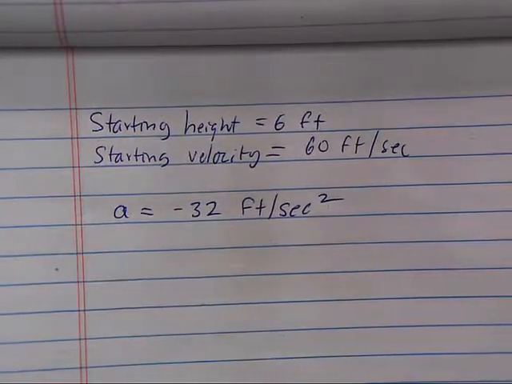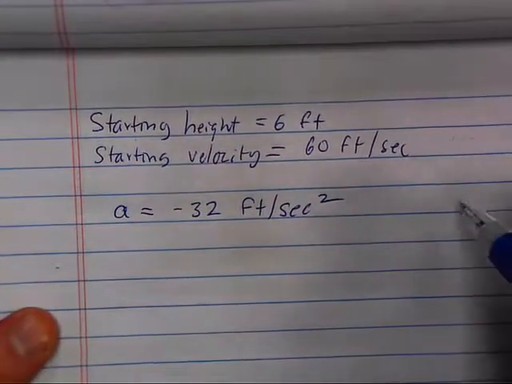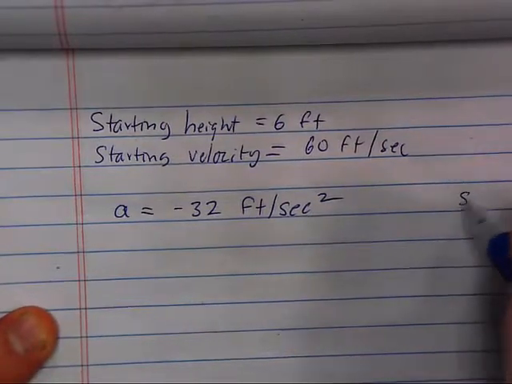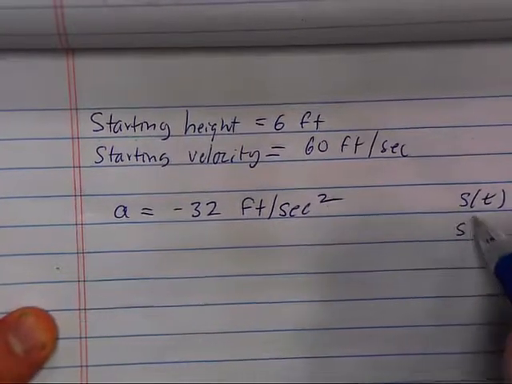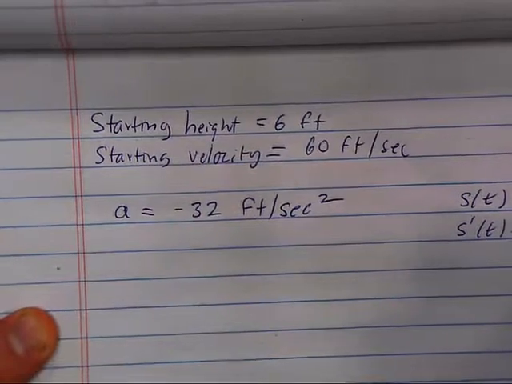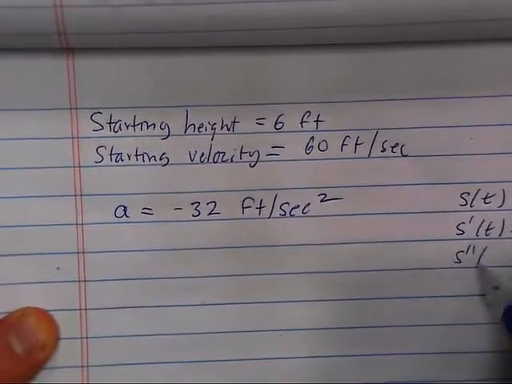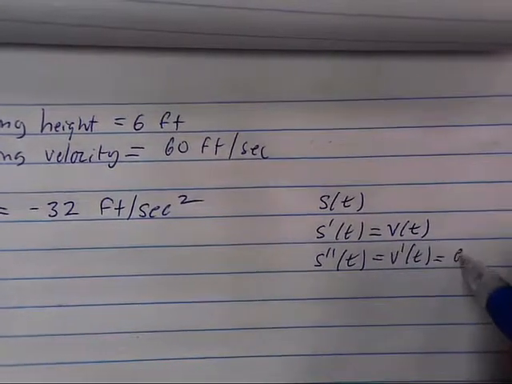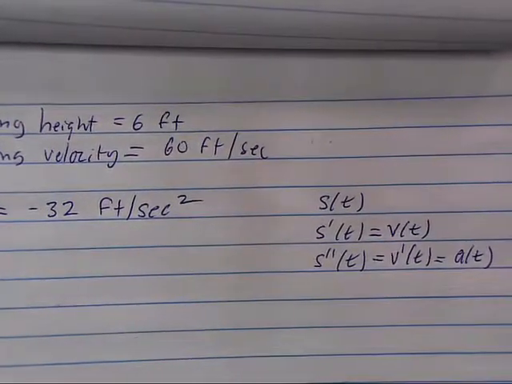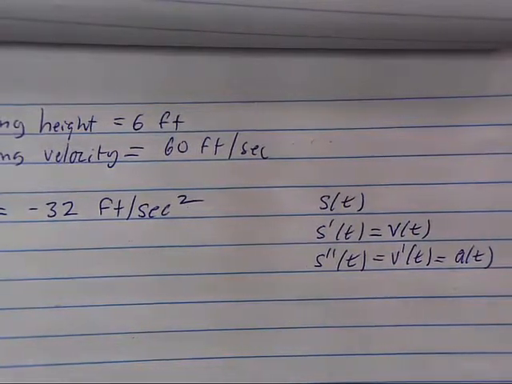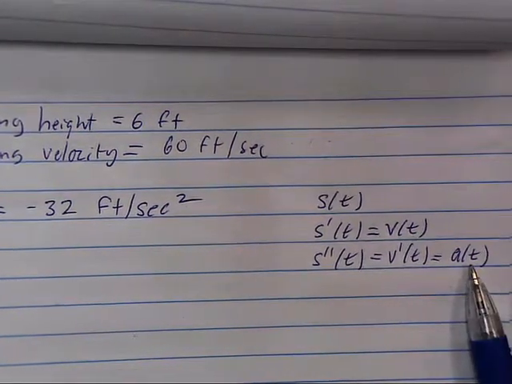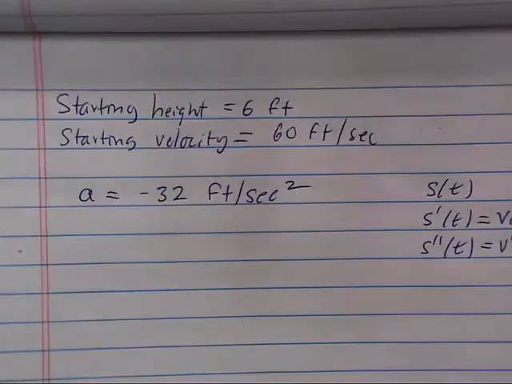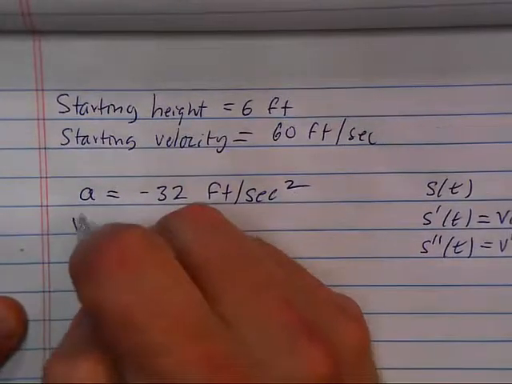If I take the second antiderivative of acceleration, what am I going to get? Position. Remember we had this before: the derivative of position was velocity, and the second derivative of position was the derivative of velocity, which was acceleration. So in these problems, basically we're going to work backward. We know what acceleration is, so if I integrate once,